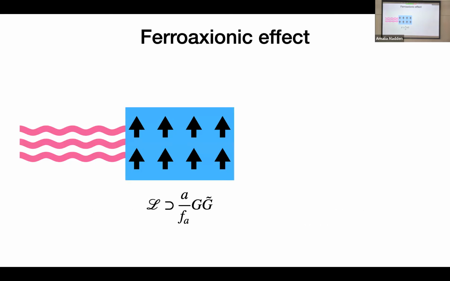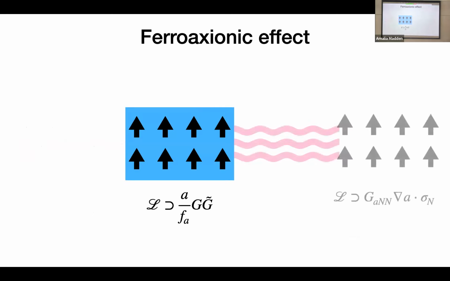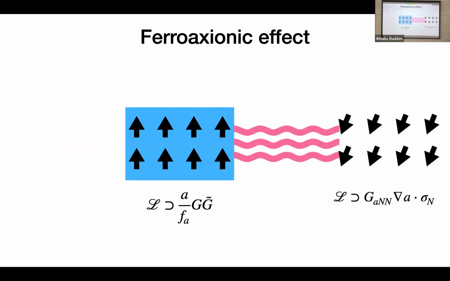And we're calling this the ferroaxionic effect, and I'll tell you what it is. Previously, I told you that if you had a background of axion dark matter, you could induce, by the axion coupling to gluons, an oscillating strain in your crystal. This time, we don't need a background of axion dark matter because our crystal is going to source the axion. So we're going to have an axion-mediated force. And through a different coupling, the model-dependent axion coupling to nucleons, we can make a sample of spins precess. For those who are familiar, this is a similar concept to the Ariadne experiment.